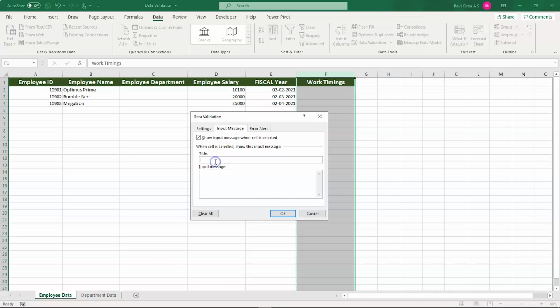And input message, please enter time between 9 a.m. to 5 p.m. This should be the input message.